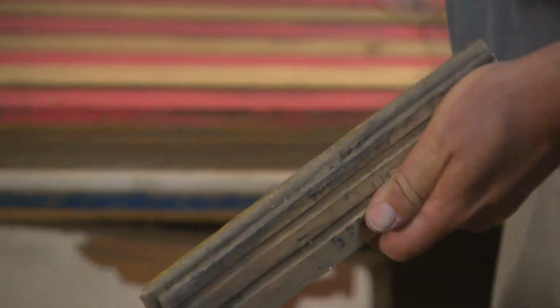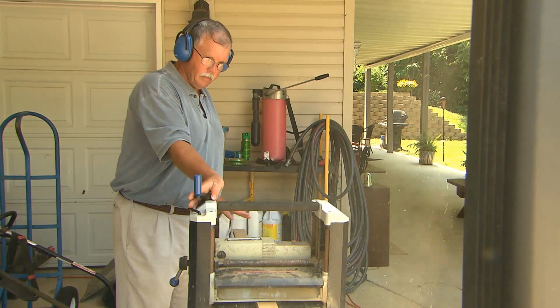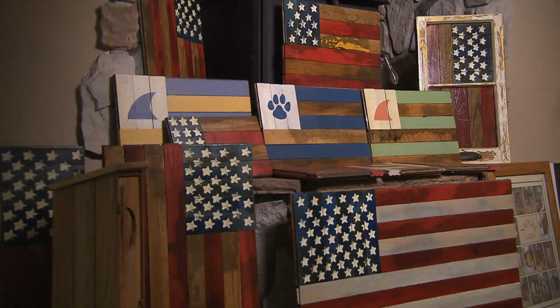Well, I'm definitely a recycler. As you go around through this house and our property, I've got tables made out of spools. My mantle back here is an old log cabin. I had a gal call me the first year that I started this, and she goes, "Sir, I want to